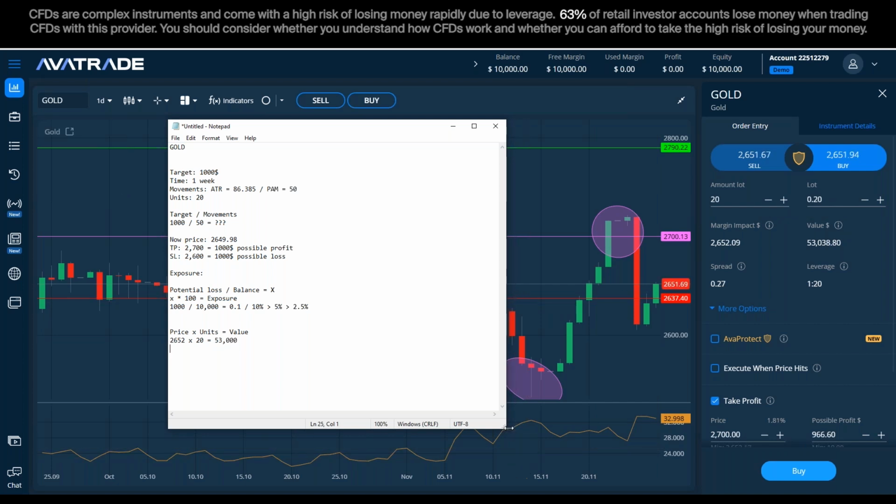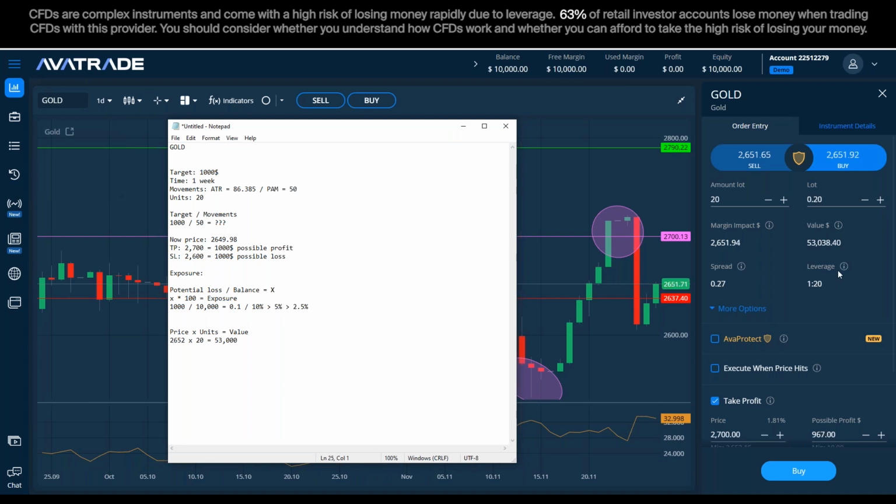Now, since I'm using AvaTrade and I enjoy leverage, which is presented here, it multiplies buying and selling.